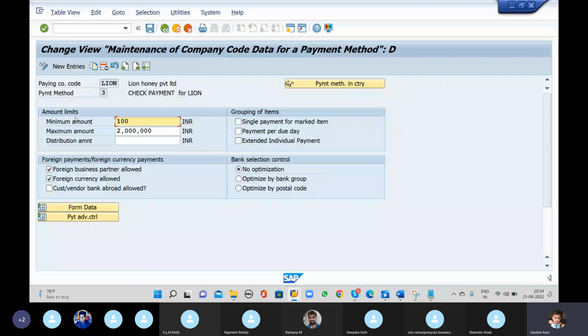If I need to make the check payment to any vendor invoice, the vendor invoice must have a value of 100 rupees. Below 100 rupees, it will not happen through the APP program. The maximum amount through check payment, I have mentioned here as 2 lakhs. And foreign payments are foreign currency payments. If you say this is a foreign business partner allowed and foreign currency allowed, it will also clear the foreign